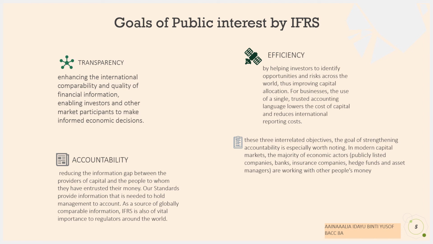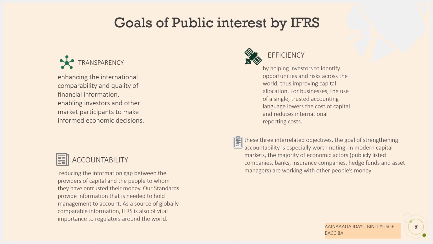For the last, we look at the goals of the public interest served by the IFRS. The first is transparency, which enhances the international comparability and quality of the financial information, and enables investors and other market participants to make informed economic decisions. Next is accountability, which refers to reducing the information gap between the providers of the capital and the people to whom they have entrusted their money. Our standards provide information and its need to hold the management to account is a source of globally comparable information. IFRS is also vitally important to